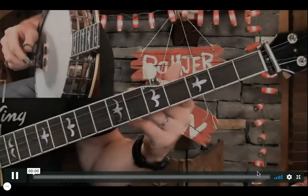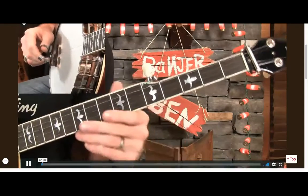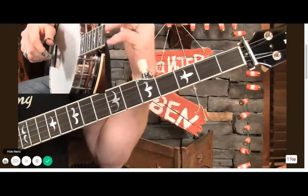I'm calling this the bag of licks for D endings, and what I mean by that is not necessarily the end of the song, but the end of phrases, because a lot